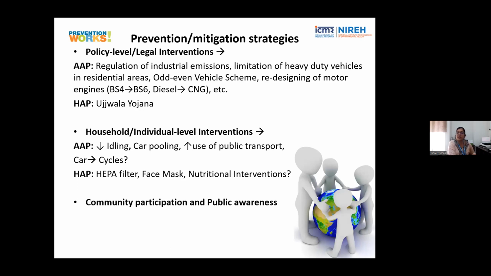It targets non-attainment cities. Their air pollution data from 2014 to 2018 has been combined to identify 122 non-attainment cities in India. And the target is to reduce almost 20 to 30% of the PM particulate matter emission in these cities by